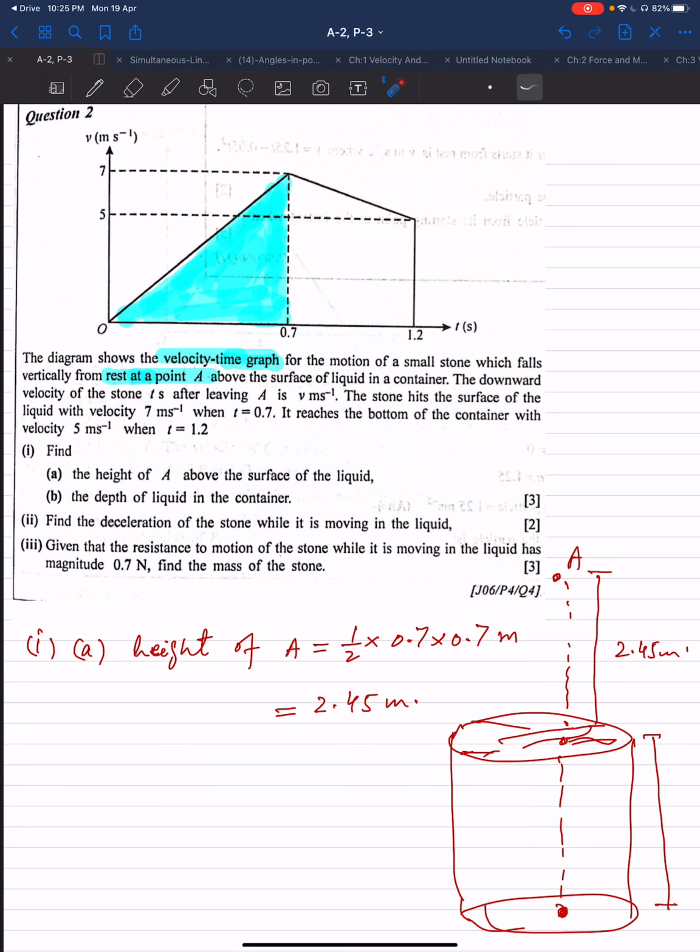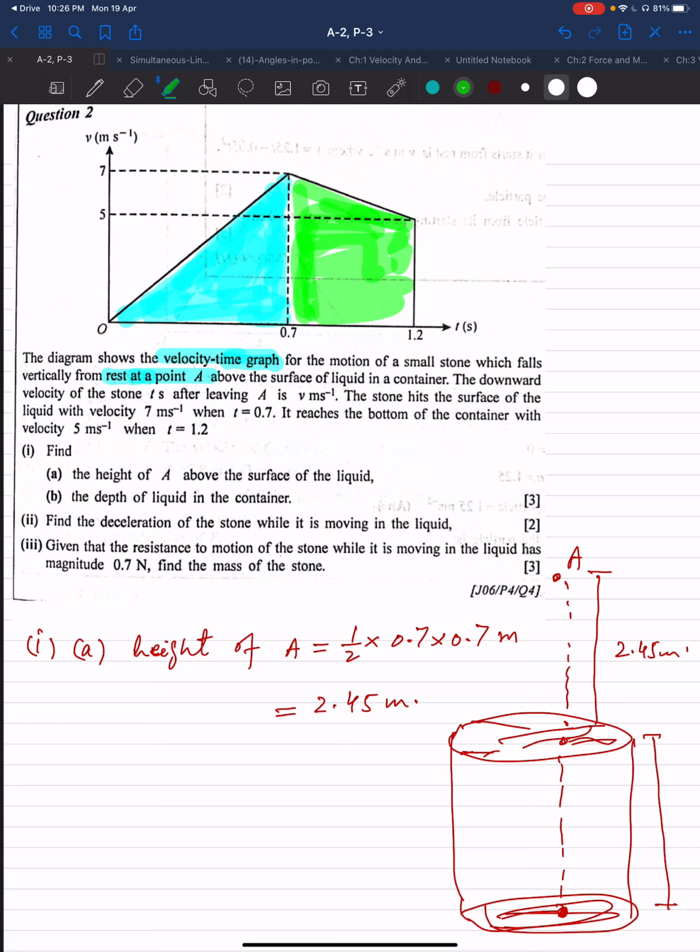So the area under this graph will be the distance between the surface of the container and the bottom of the container, right? Okay, so what you have to do is find the area of this trapezium. So I'll make it green. Okay, this is,